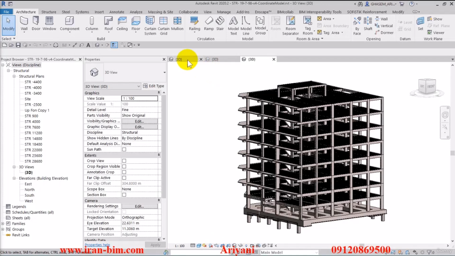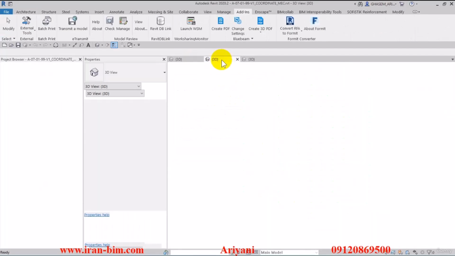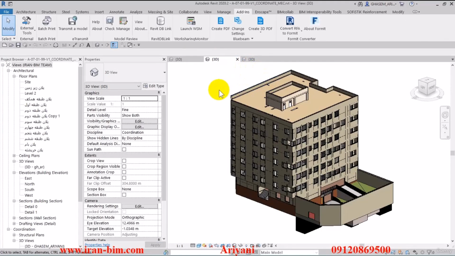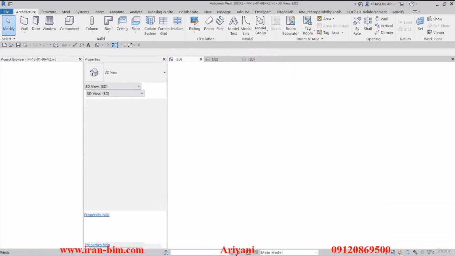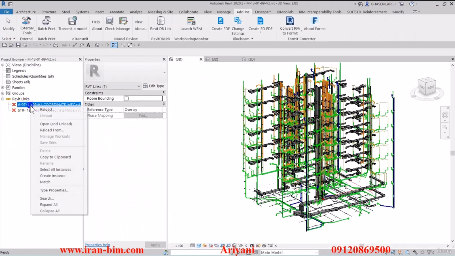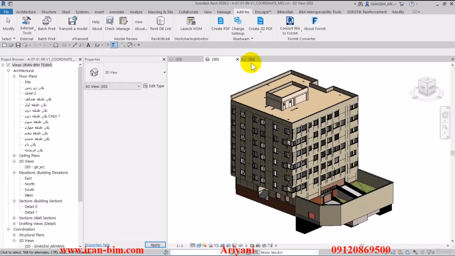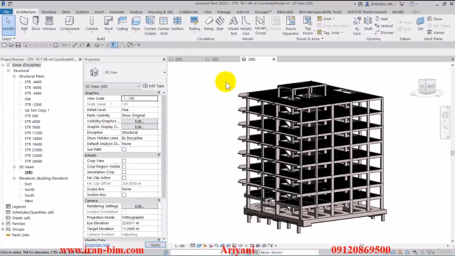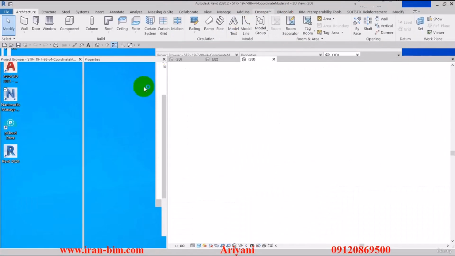So I exported the files as you can see here. The first one is mechanical, and because the process took so long, I had to stop it in the middle and then continue. And as you can see, we have the structural file here. Now, if you right click and select open and unload on either of these two, it automatically opens them up. You can open up the mechanics and the structural and then get the exports from them using the method that